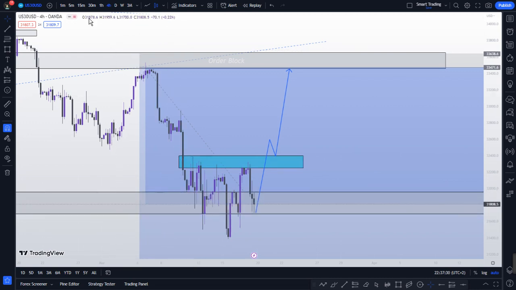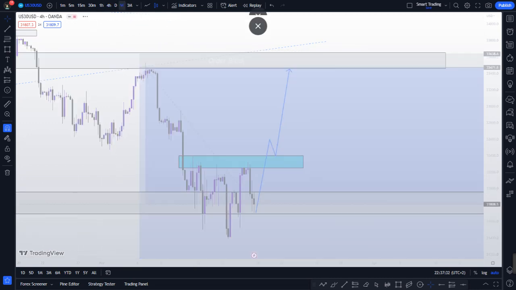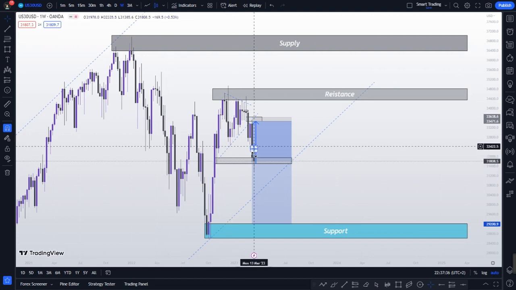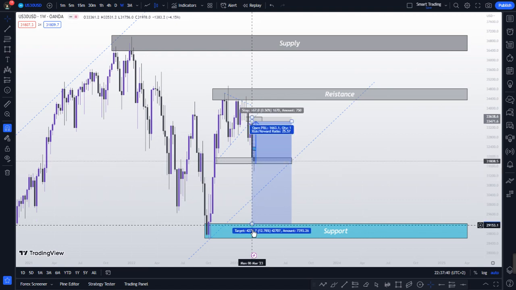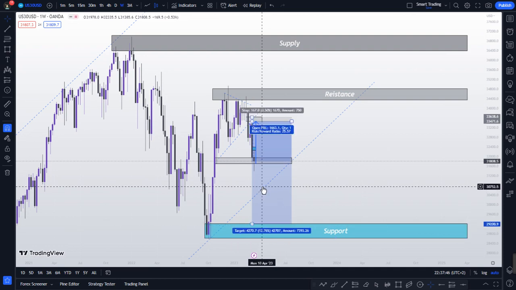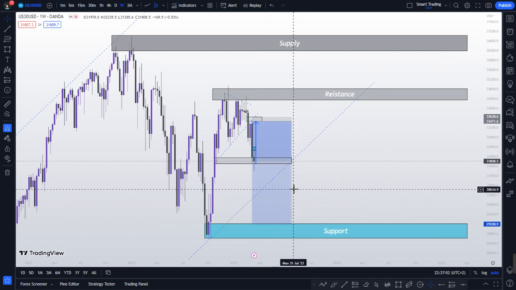Remember, on a higher time frame, we're having an incomplete formation, right? But I don't think it will shoot right to here, because once it shoots right to this support, it means that it will break our trend line. You know what I'm saying? But the truth is, if you want to find out the target,